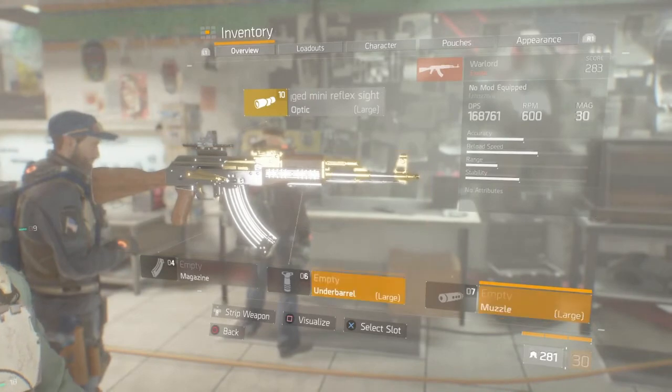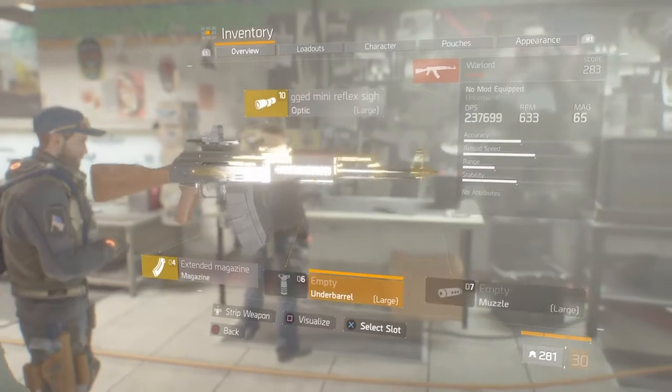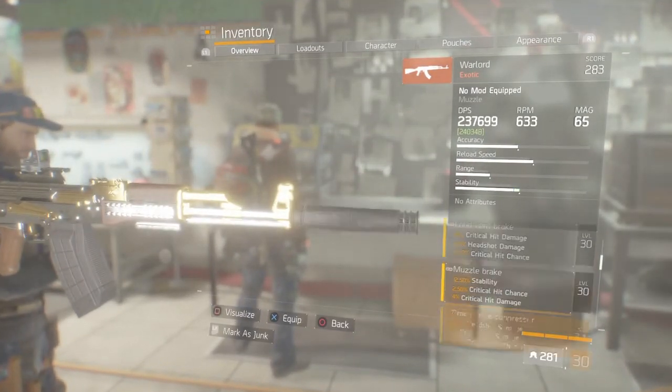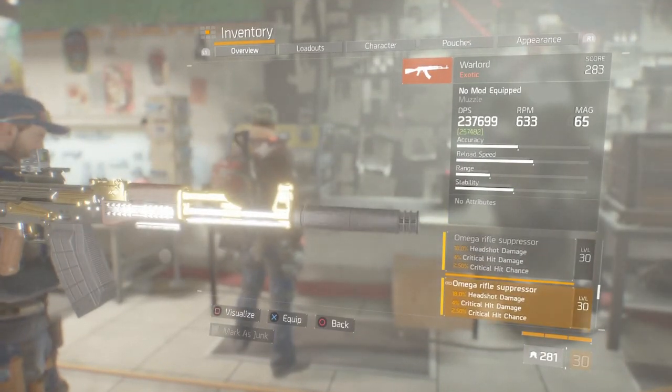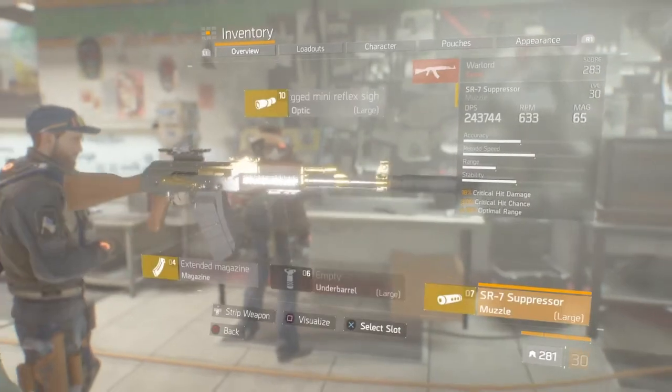magazine. The reason why I say that is because you already got a lot of headshot damage. It's best to have critical hit chance. Assault rifles are pretty much the same way, since they don't come natively with that critical hit chance. It's best to have as much critical hit chance as possible wherever you can find it,